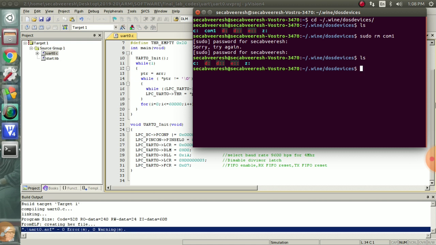Let us create COM port 1 with the USB. ln -l, /dev/ttyUSB0. It is present in /dev/ttyUSB0.